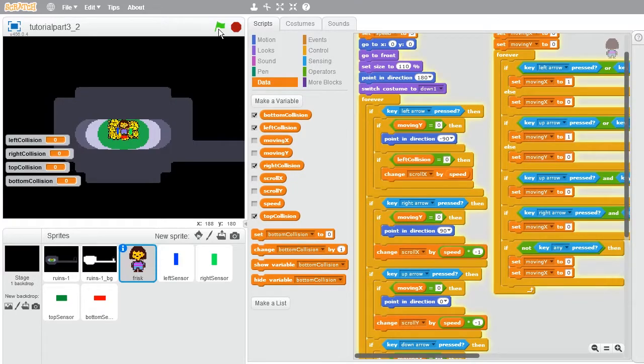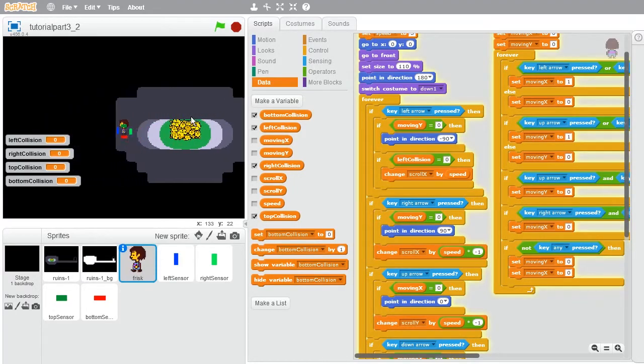So now when we click the green flag, if he goes into a wall, he will stop, which is exactly what we want, which is great. Now if you go into a wall like this and the other collisions are getting triggered, then you're going to need to edit your sensors again, just to make, like, the top and bottom ones a little bit thinner or something, just to make sure only one is getting triggered at a time. So yeah,